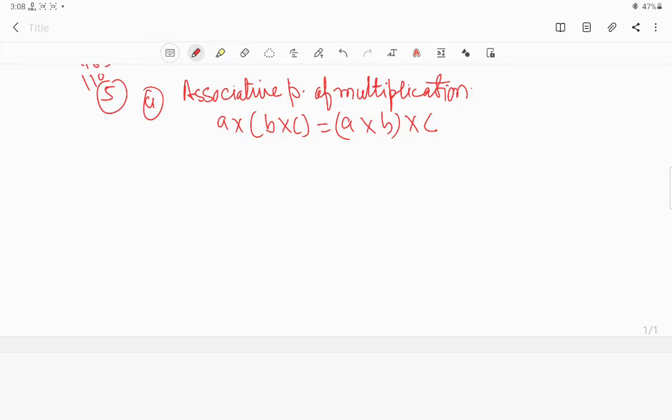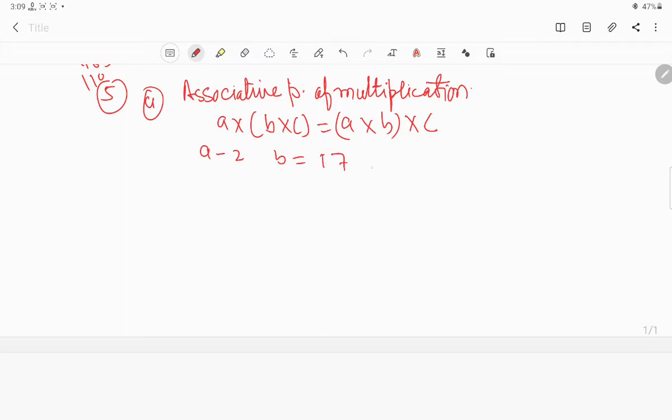If you multiply the last two and then the first, or you multiply the first two and then the last, the product will come the same. So see here, the value of A given is -2, B given is 17,